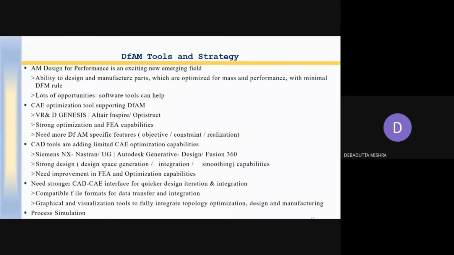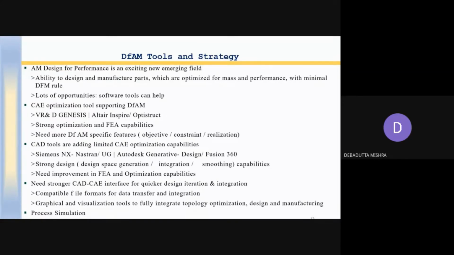For that, you need the CAE tool. For all these analysis purposes, you need an FEA tool. But for the CAD structure, you need CAD software, and simultaneously you have to go for topology optimization, optimization in shape and size, and also study the orientation. So you need several software tools. Some are Siemens NX, Unigraphics, Autodesk; they all have FEA and optimization capability.